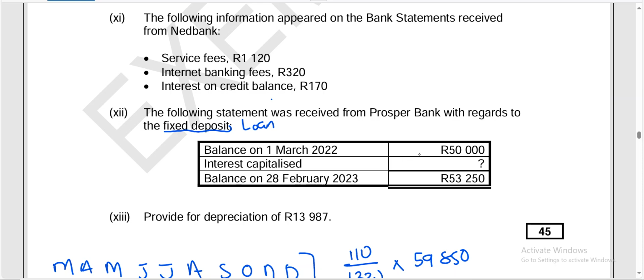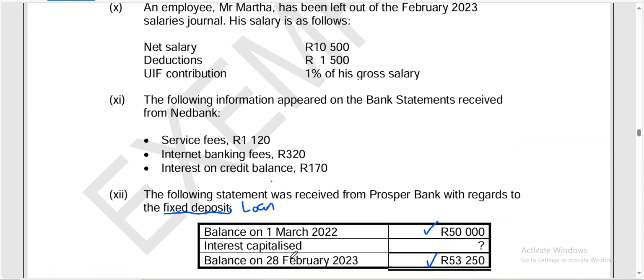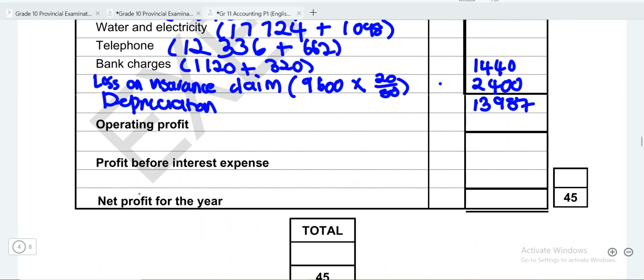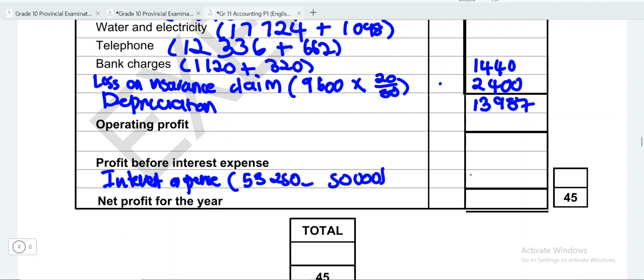So remember, guys, if we did not pay anything, our balance at the beginning of the year was 50,000. Interest we don't know yet, and then at the end the balance is 53,250. So it means that our interest expense would be 3,250. So to calculate our interest, we need to show how we got that. Our interest expense is going to be 53,250 minus 50,000, which will give us